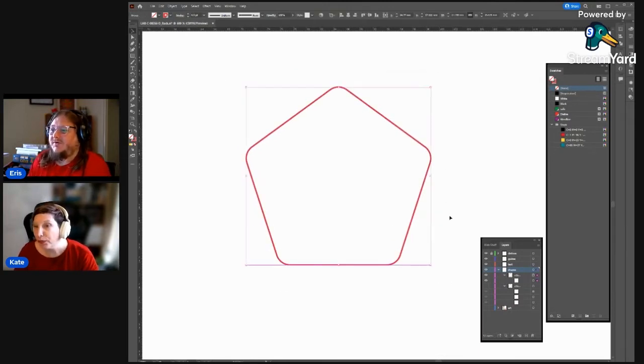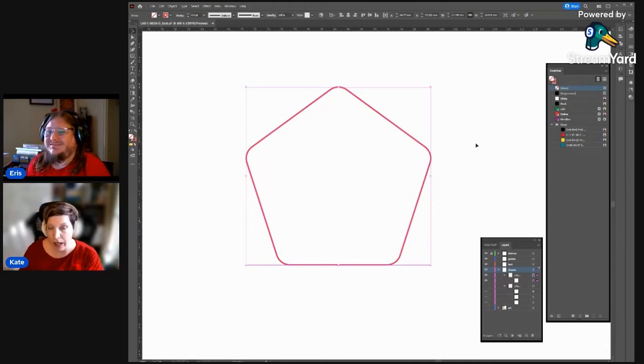The other advantage of rounded corners is they're a bit safer for people to touch as well. They're not as sharp on your fingers. Also, they don't get worn down with use in the same way that a pointy corner does. When you've got a really sharp point on, say, a piece of cardstock, as it gets used, it'll kind of fuzz up a bit and it gets rounded off anyway. So by not giving sharp corners, we prolong the life of the piece. Yeah, we want our pieces to last longer.